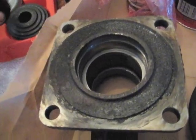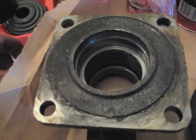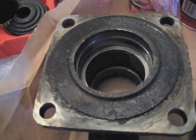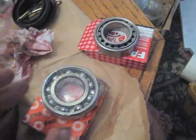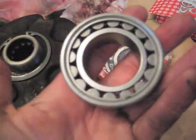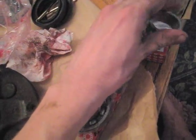So you could use your old bearings maybe to tap them in, or something else, or you could find somebody with a press. That would be ideal, of course. I don't have that luxury. Anyway, so here are your inner bearings. They're pretty easy to pack. Here's your outer bearings with the removable race, and